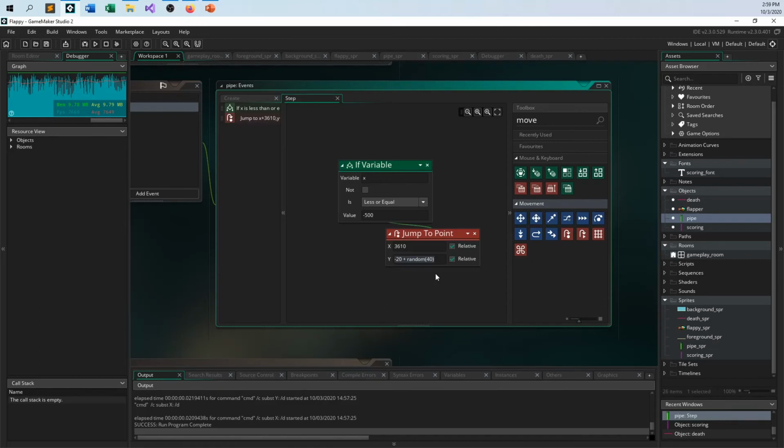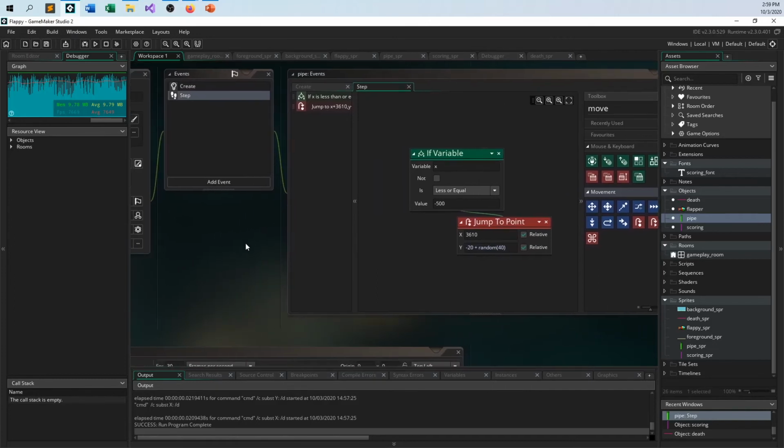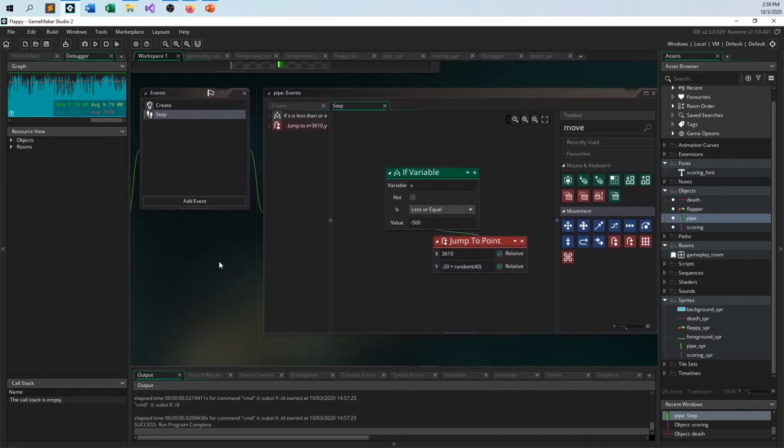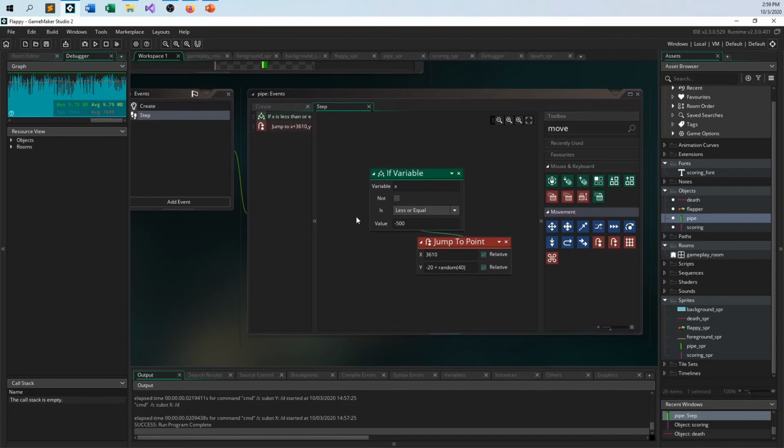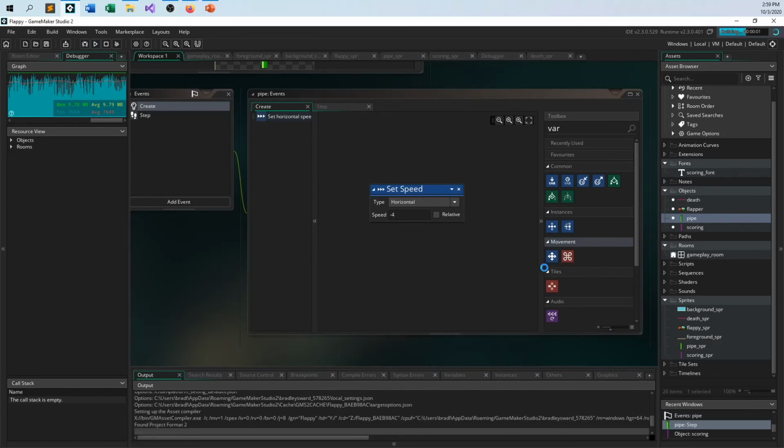And so maybe we would have to write more code to make sure that there's a minimum distance between the two pipes. But for now, I don't care. This is just a first draft, and I'm not good enough to get that far in the game anyway. And I know there are plenty of people who could speedrun or play this game to death if they cared enough. But that's all I'm doing for the step event for the pipe and the scoring object when it comes to movement: when it goes off the screen to the left, bring it back around. And that's why there's only 12 pipe objects